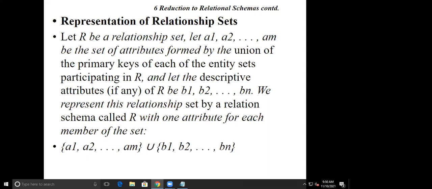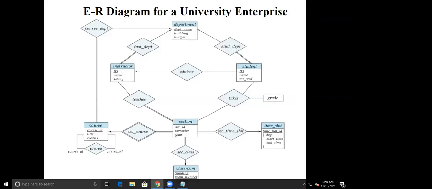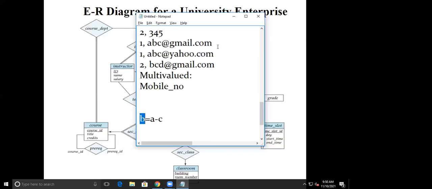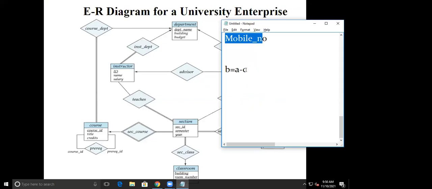Okay, so here whatever relation R is there, for example this one, let us consider the advisor. Whenever we wanted to represent this advisor in the relational schema, then for this relationship we create a separate table. For the advisor I will create a separate relation, that is advisor.